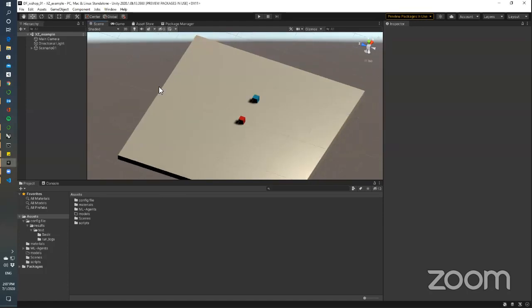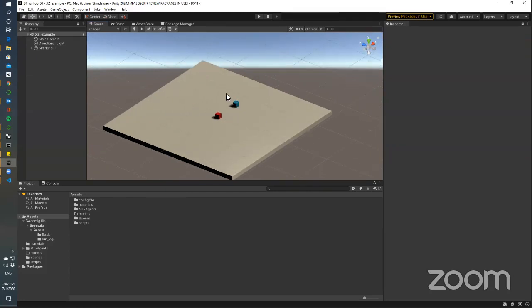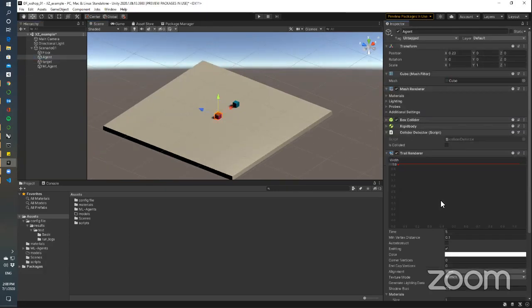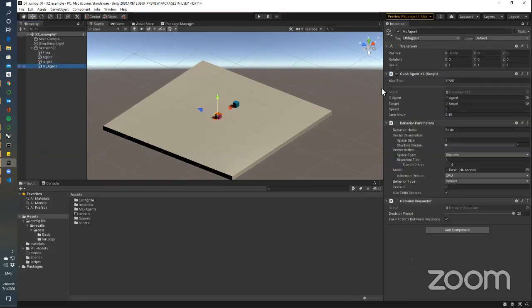Okay, so this was the example that we used yesterday. I will add a trail renderer so we can see basically what this agent was doing. And also, as an option, I will explain one thing. Let me set this to 10 maybe. The ML agent has the basic training file. So if we run this,